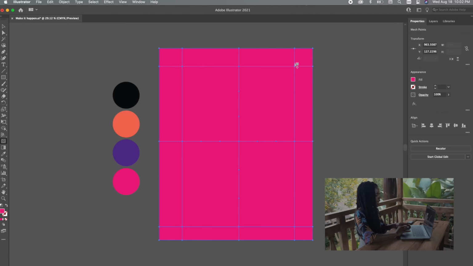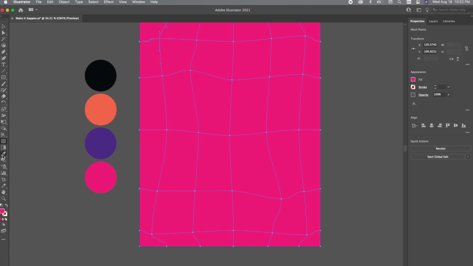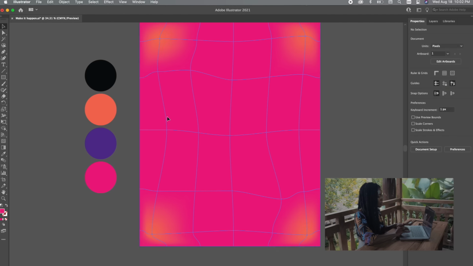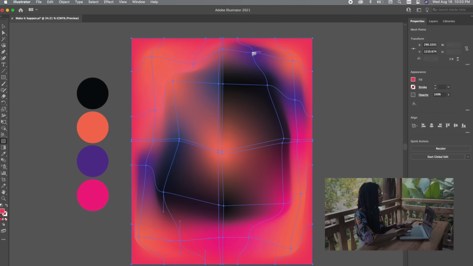So for social media asset number 2, we're going to be using the mesh tool. I love this because you can really have fun with it. You can create multiple points on the artboard, and since I already made the color palette for us, I'm just going to use the eyedropper tool to select colors. Now that I like how this is looking, I'm going to take this into Photoshop